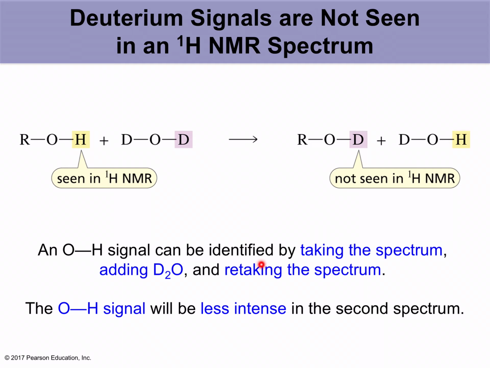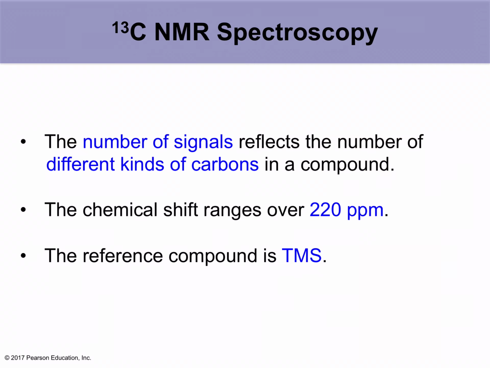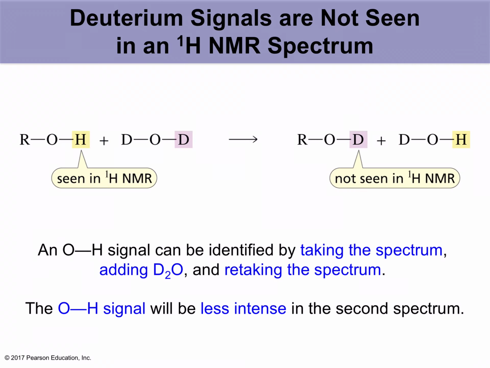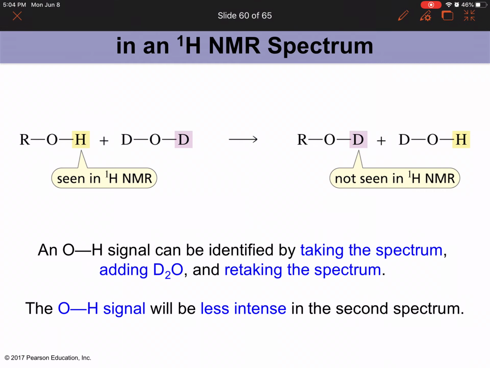The OH signal can be identified by taking the spectrum, adding D2O and taking the spectrum again. And then the OH signal will be less intense in the second spectrum because now it is a deuterium instead of a hydrogen on the alcohol. So that concludes our chapter on proton NMR, and then we'll talk about carbon-13 in the next